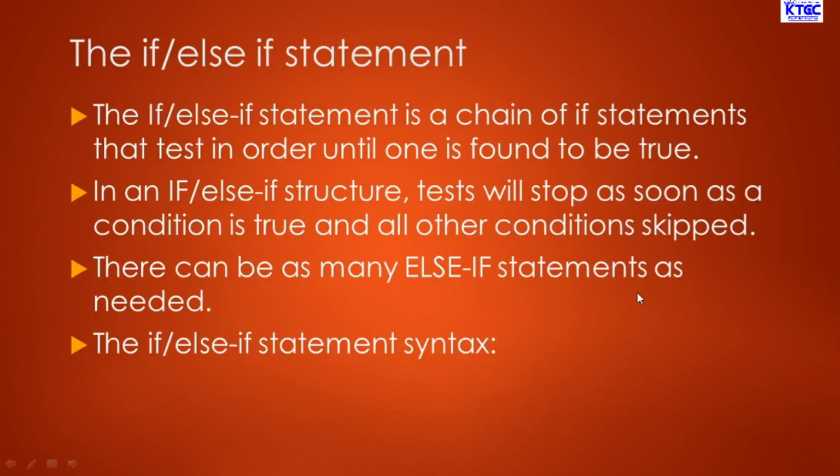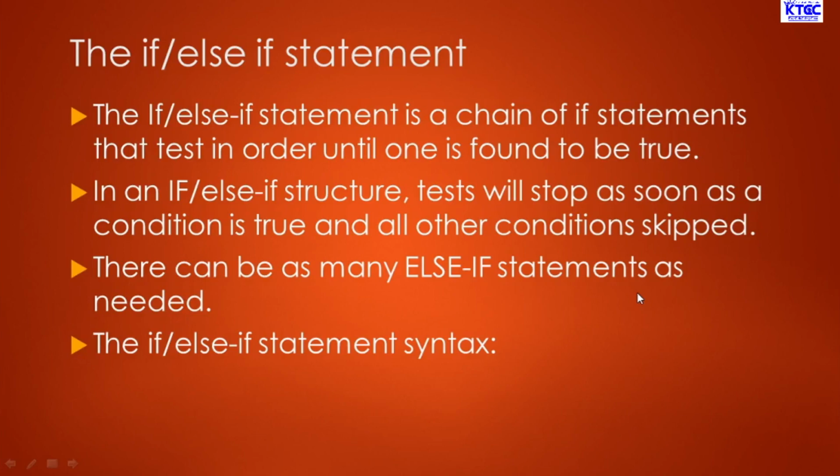Let's look at the if statement. That is the multiple alternative. The if statement is a chain of statements that test in order until one is found to be true. With this one, we have a lot of statements, just as you saw in a simple calculator where we had all the 4 operators there. So this is a typical example of an if statement type of program. In an if structure, the test will stop as soon as a condition is true and all other conditions are skipped. So in our previous program where we wrote a simple calculator, taking all the 4 operators and deciding the one and then executing its block,